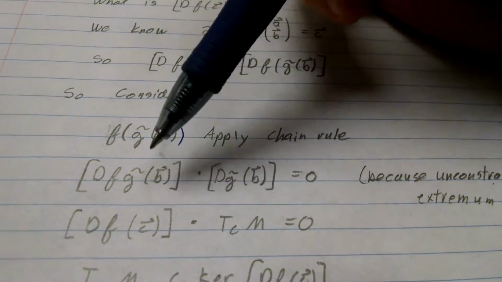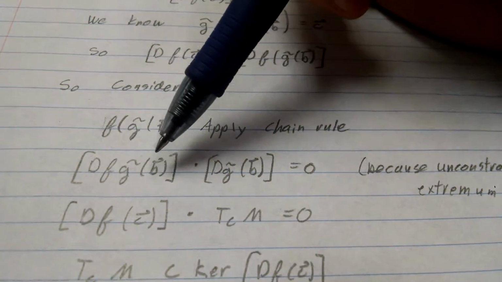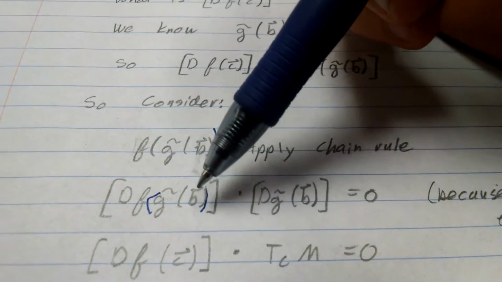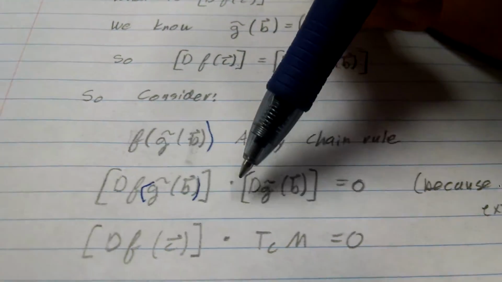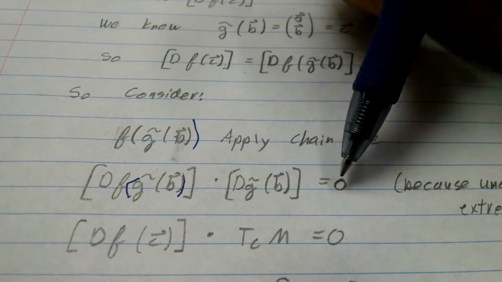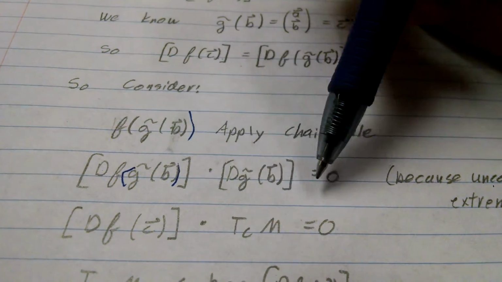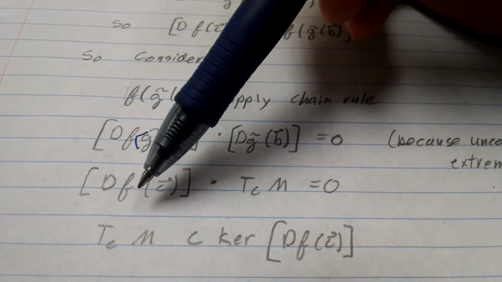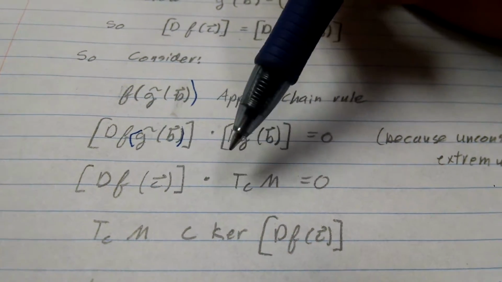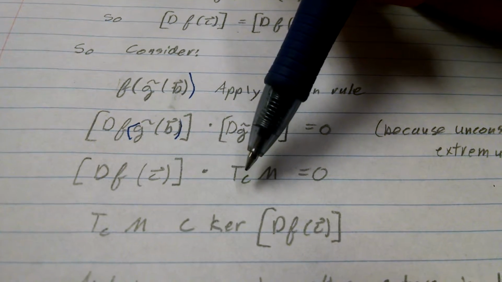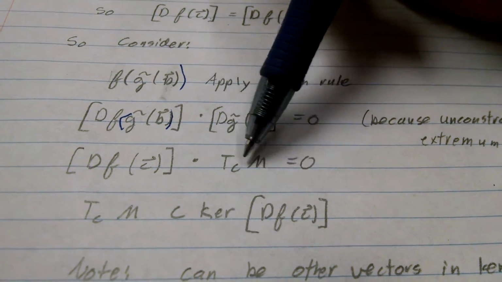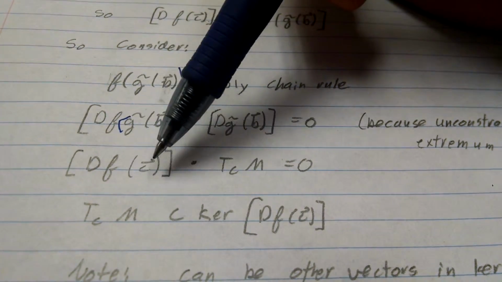So what do we see here? We see the derivative of f at g tilde of b times the derivative of g tilde at b equals 0. And remember, this is just the chain rule applied to this. And let's do some substitution. And we get the derivative of f at c times the tangent space at point c on this manifold equals 0. Well, this looks like we have something multiplied by this matrix here,